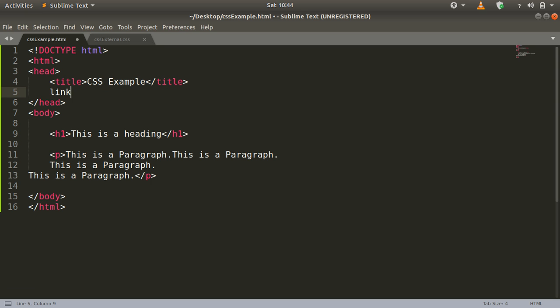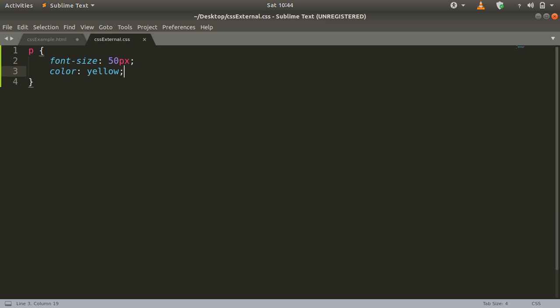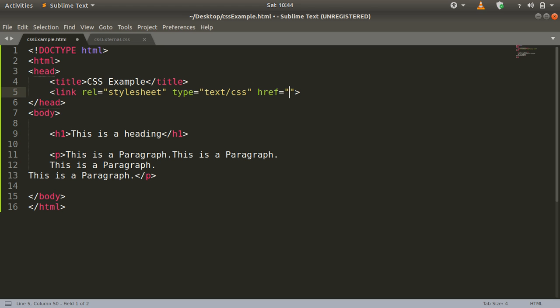You just have to add the link element and give the address. You have to give the actual path where the external CSS file, or whatever the name of the file you have given, is present. So we are going to say external.css.